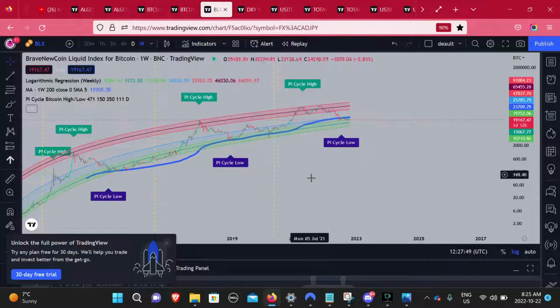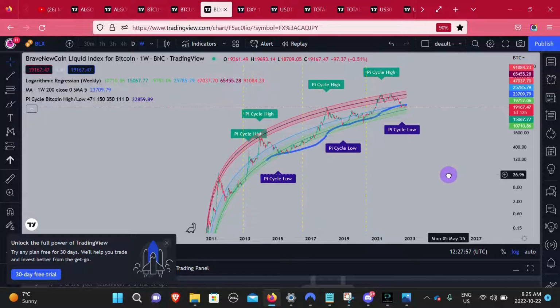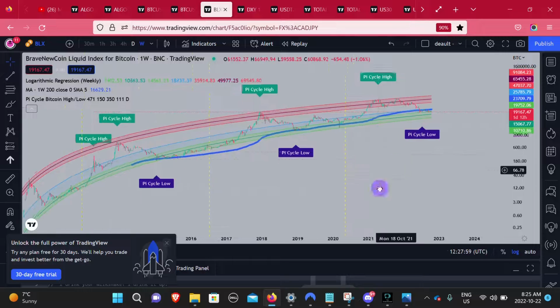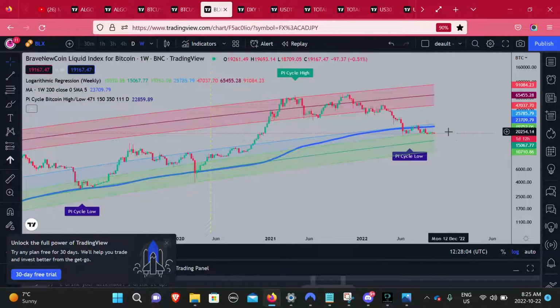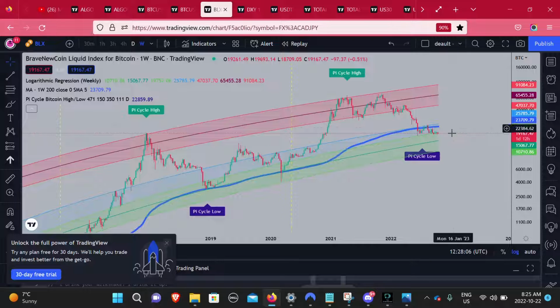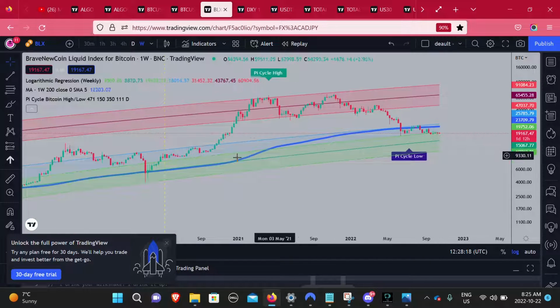Let's take a look at this chart right here. So this is the pi cycle Bitcoin high and low indicator mixed in with your 200 weekly moving average. We're currently below the 200 weekly moving average, which is very scary. Like it could still drop down here to 10K, 12K, 15K. But regardless, like we're